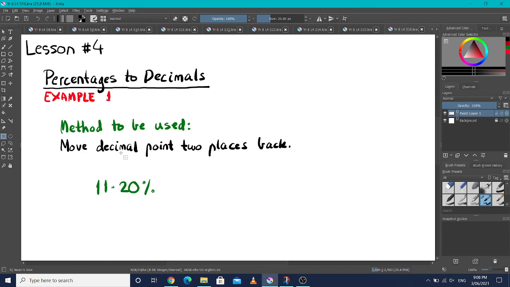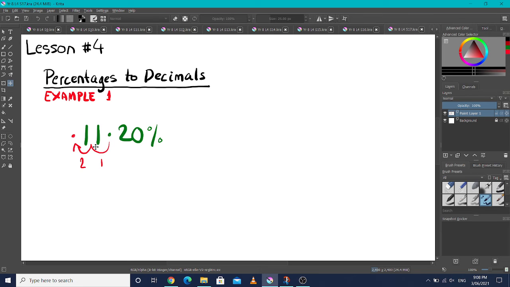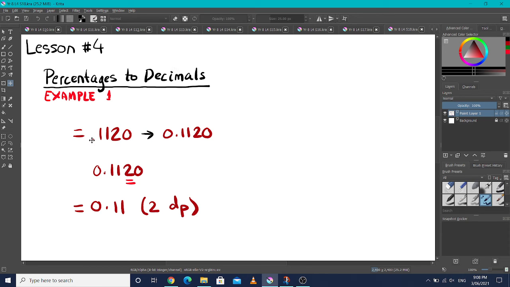So first we are going to move the decimal point 2 places back. We have 11.20%. So in this illustration, you can see the decimal point moving 2 places back. And this gives us 0.1120. Now, if there is nothing in front of the decimal place, assume that this is a 0. So our answer now will be